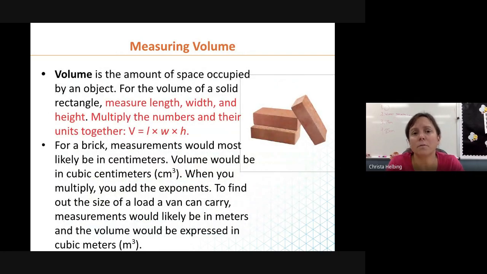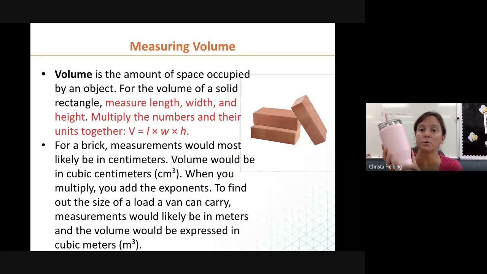So volume is the amount of space an object takes up. So the volume in my cup, that's a liquid volume. So this one we would use liters. But what if I have my block here, my Post-it note block, and I wanted to find out the volume? Well, that's when we would use